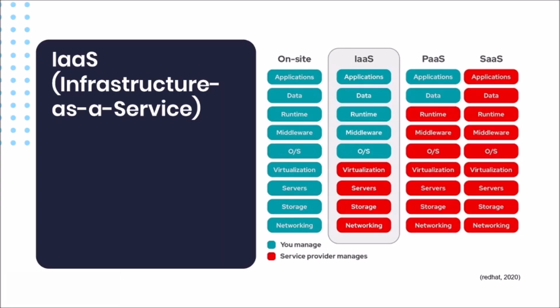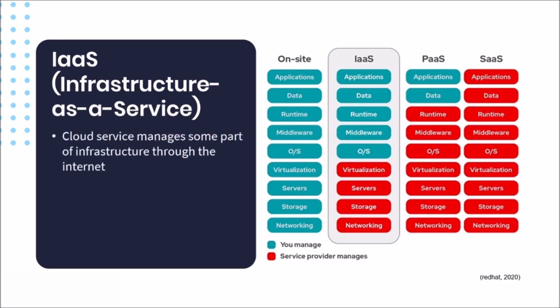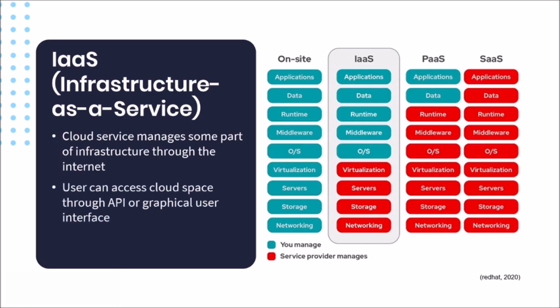The term IaaS stands for Infrastructure as a Service, which means the cloud service manages some part of the infrastructure, such as the actual servers, network, virtualization, and data storage through the internet connection. The user can access the cloud space through an application programming interface, API, or through a graphical user interface, dashboard. The user has the ability to lease a portion of the infrastructure. If you look at the diagram, you will see that the application, data, runtime, middleware, and OS are managed by